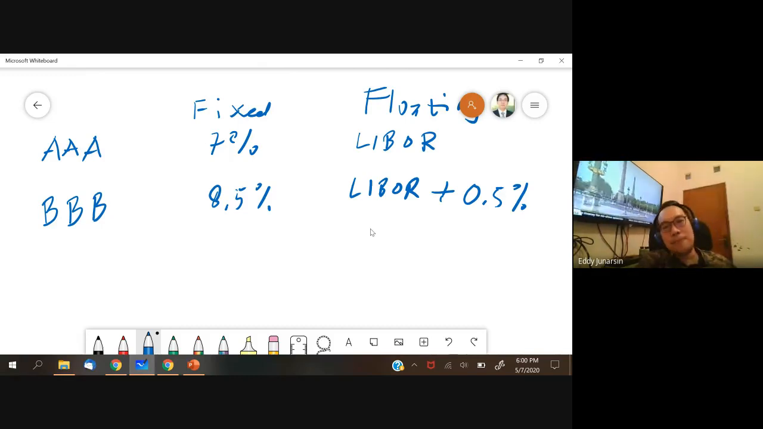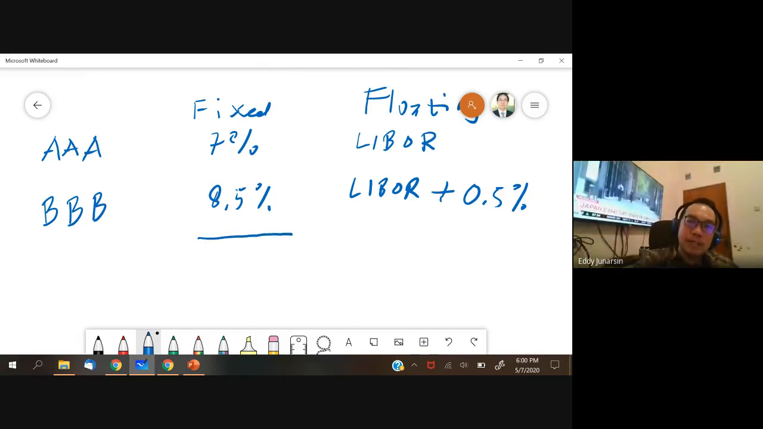Okay, so we'll apply the concept here. You see, for both a fixed rate debt and a floating rate debt, the triple A firm will have a better term, because the triple A firm is better than the triple B firm in terms of rating. So in both types of debts, the triple A firm will always have a better term. But if we calculate the difference of the terms, right? So triple A is having